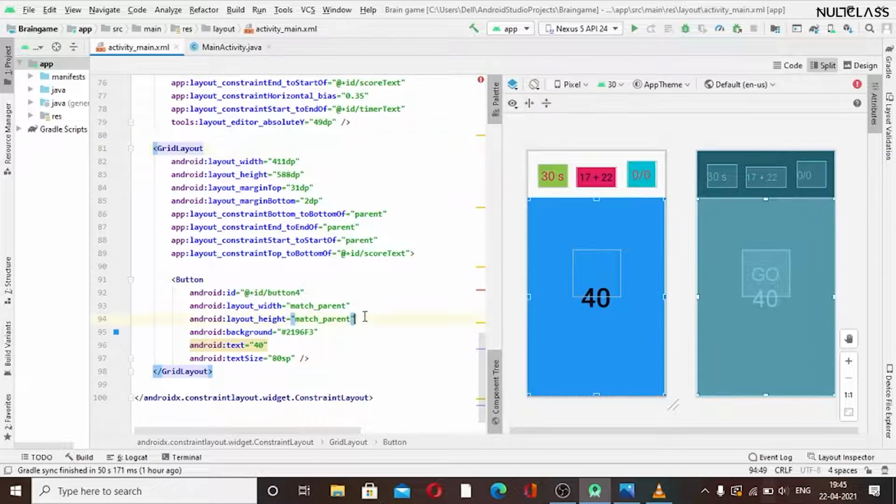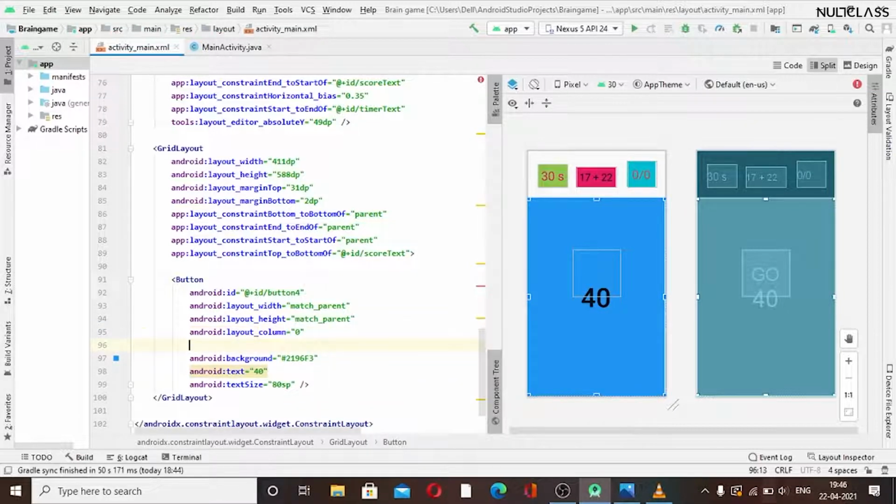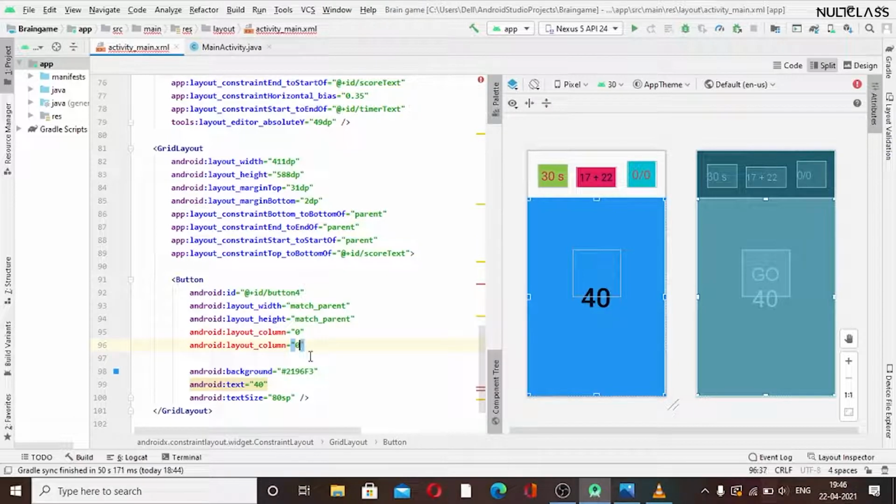So I will just add it down here. We will be using the same criteria which they have by default in our XML part. So we will use Android. We don't want this one. We want something like, firstly we will set the column. We will set this equal to 0. And now we also want to set it for the row, so I will just copy it and paste it for the row.